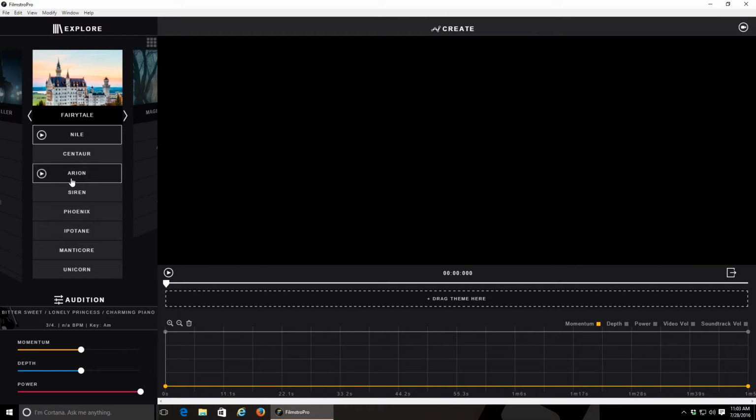So let's pause that. Let's just look at another one, just for gits and shiggles here. Let's look at Centaur. So if we increase the momentum, you'll notice once again we're not actually increasing the tempo. We're just adding more energy to the tempo that's already there. If we add some depth, if we add some power,